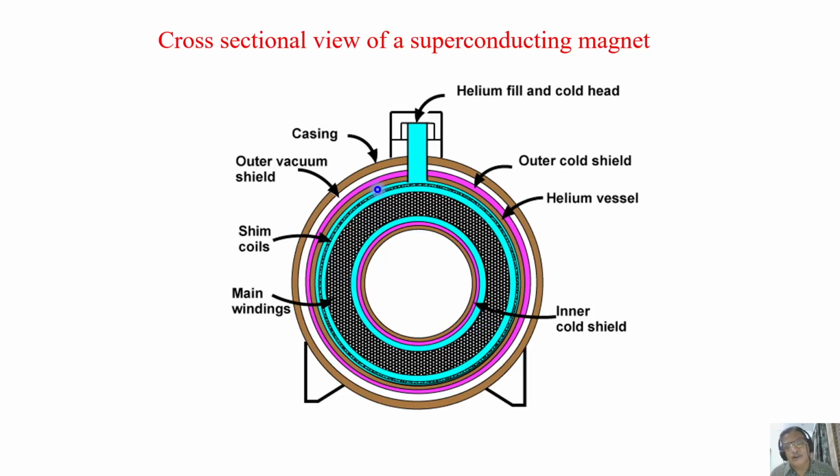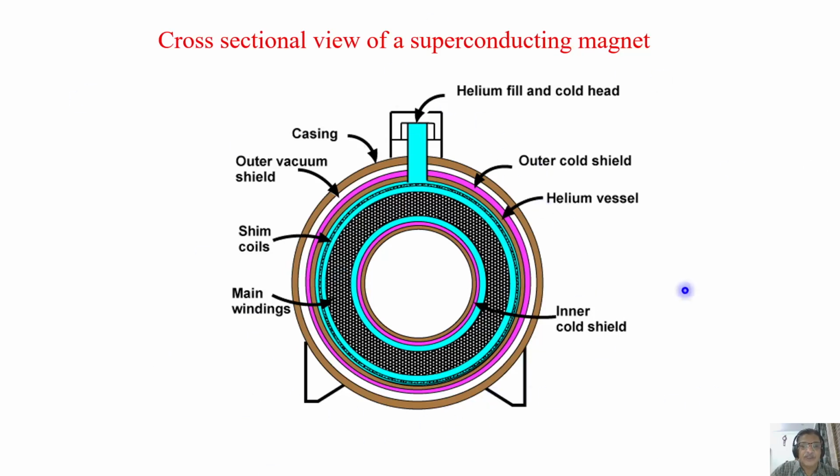Between the liquid nitrogen and liquid helium chambers, there is enormous shielding to prevent evaporation, and you have to make sure that helium and nitrogen do not evaporate faster. Everything must be in a high vacuum. All those things are taken care of. And to get a homogeneous magnetic field of such a very high magnitude is a challenging task. Remember, that's the reason why almost 50% of the cost of the spectrometer goes for the magnet itself.